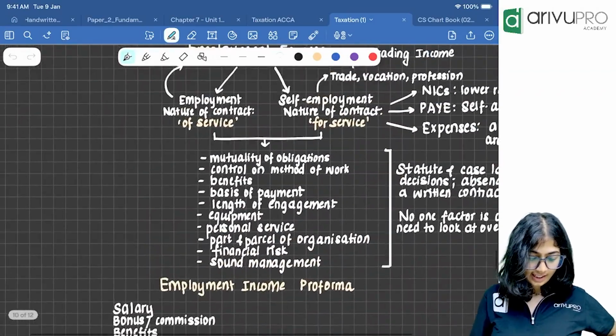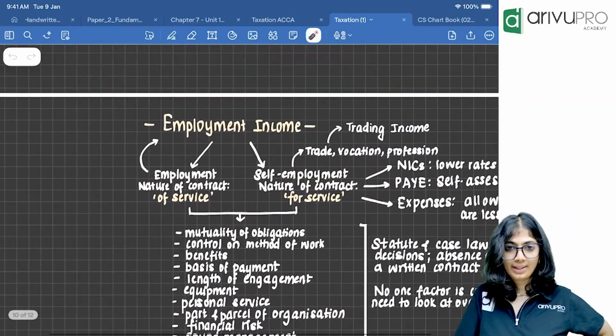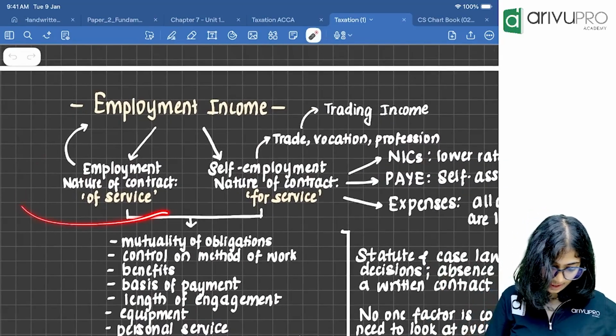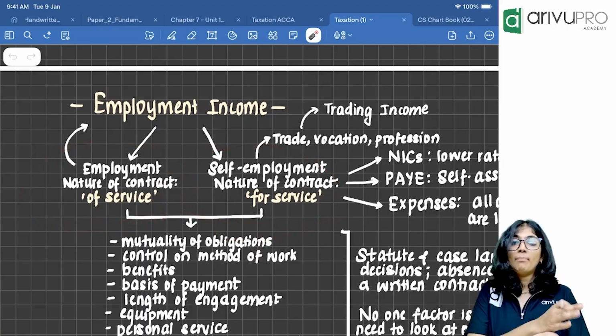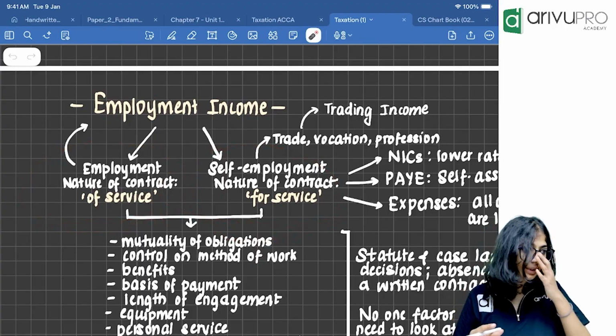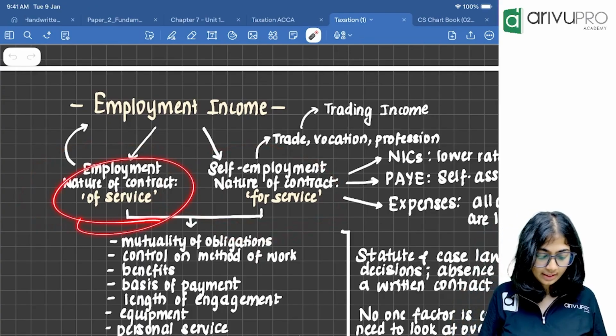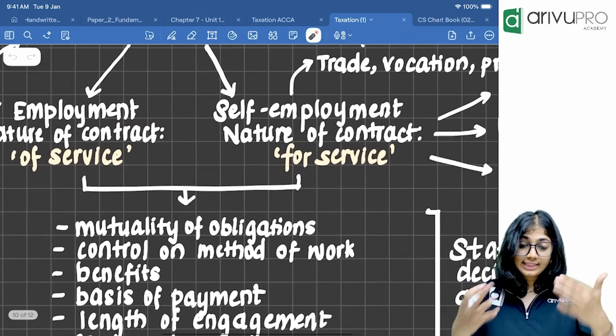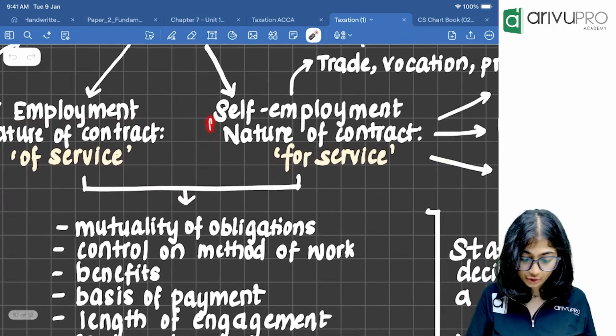In our last class we had looked at employment income, correct? We had seen what makes employment different from self-employment. In employment, the nature of the contract is of service, whereas in self-employment, the nature of the contract is